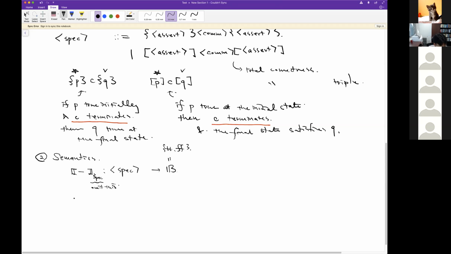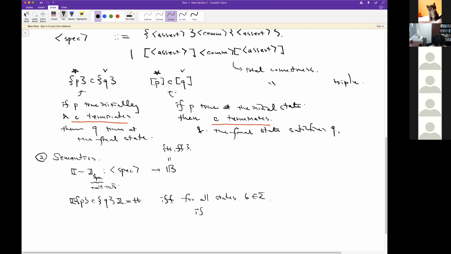Okay, now what's the meaning of partial correctness? The partial correctness is like this. It's the triple P C Q. We have to say when it is true, so it's true, otherwise it's false, when the following condition holds. If and only if the following condition is true. The condition says that for all states sigma,